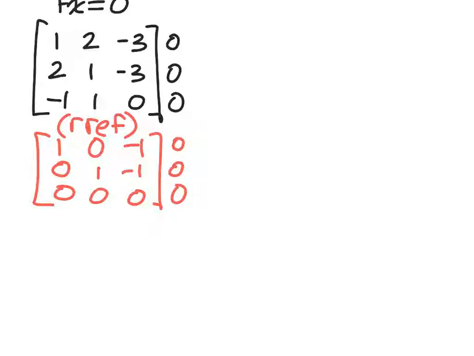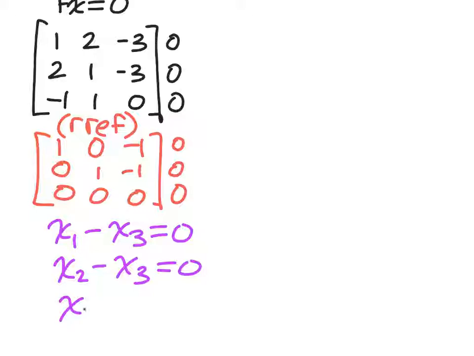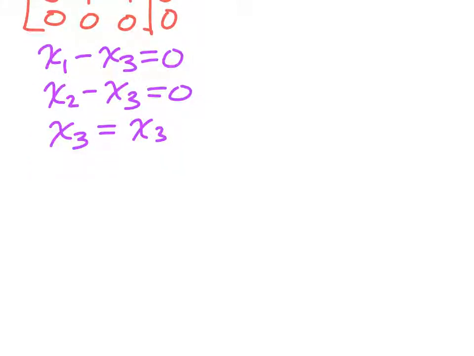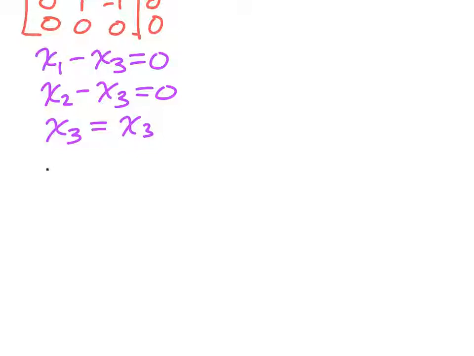So anyway, we have x1 minus x3 equals 0, x2 minus x3 is equal to 0, and then x3 would be equal to x3. Now, any of those 4 forms that I talked about on that previous page are fine. More than fine. Completely and totally acceptable, perfectly correct. I don't want to make it seem like one's better than the other. But the one step that needs to happen, and you don't have to show it to me, but you do have to at least take note of it,